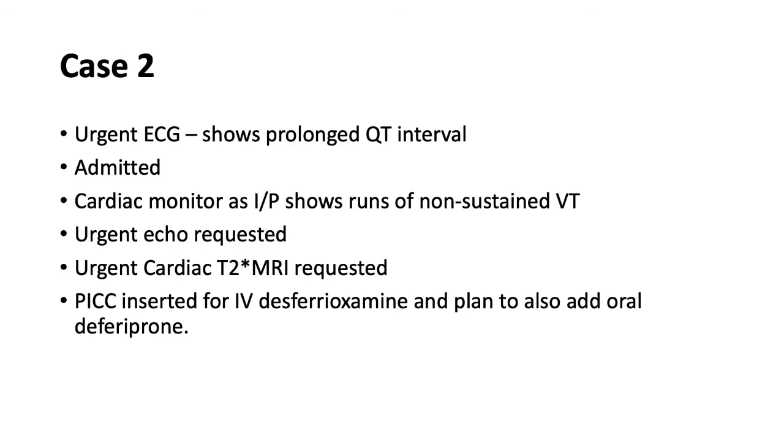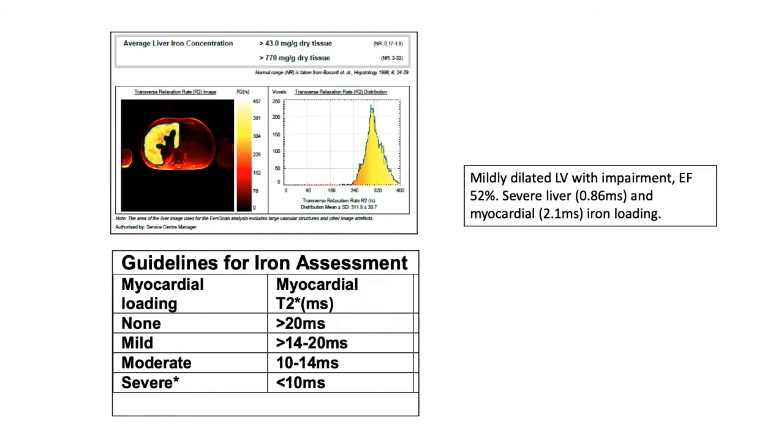An urgent echo is requested, and an urgent repeat cardiac T2 star MRI is requested to assess their cardiac iron burden. And a provisional plan for a PICC line to give IV desferal and then oral deferiprone subsequently is made. So this is the ferriscan for this patient, as you can see, greater than the upper limit of normal that can be measured. In terms of, you just obviously had a talk on the T2 star and ferriscan,